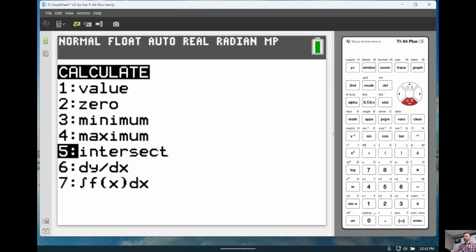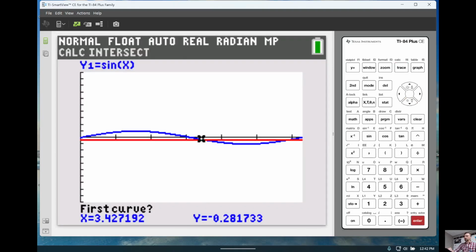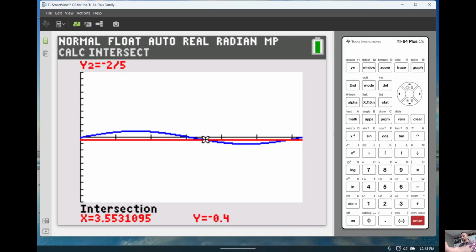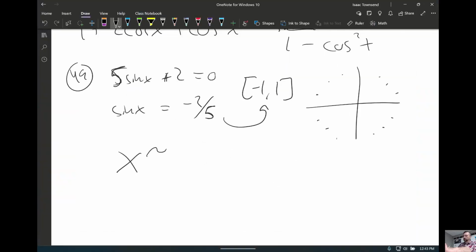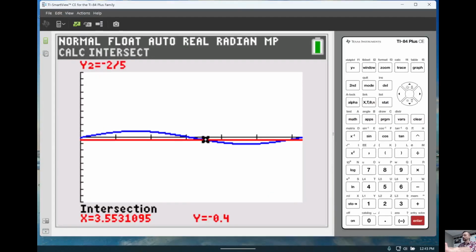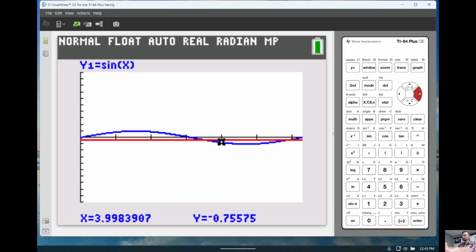But for mine, I'm interested in intersect. So have the cursor near where there's an intersect, hit enter to identify the first curve, hit enter to identify the second curve, and hit enter to skip guess. Then your calculator will bounce that point back and forth until there's an intersection. They both equal -2/5 at about 3.553. But also over here,